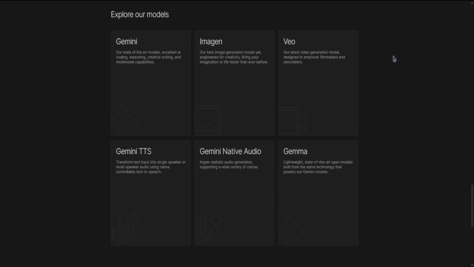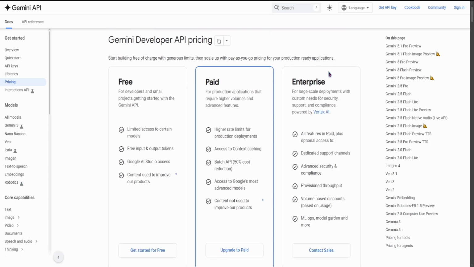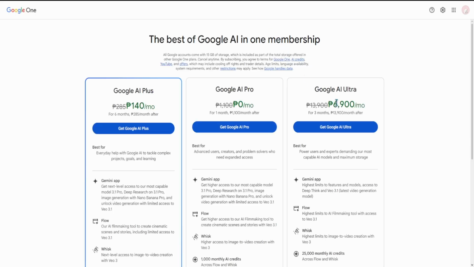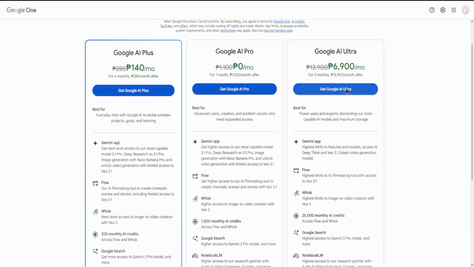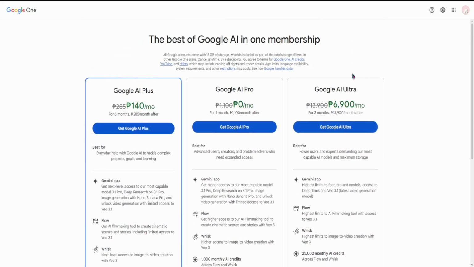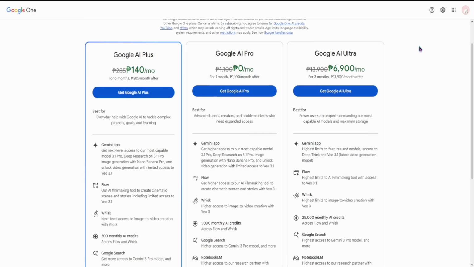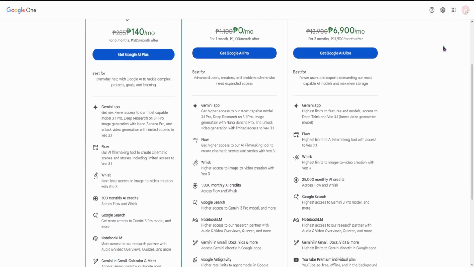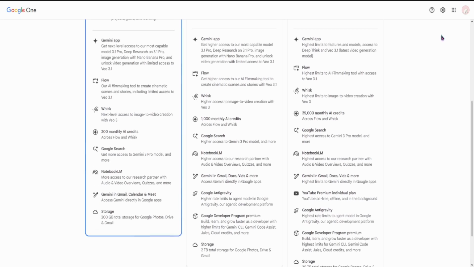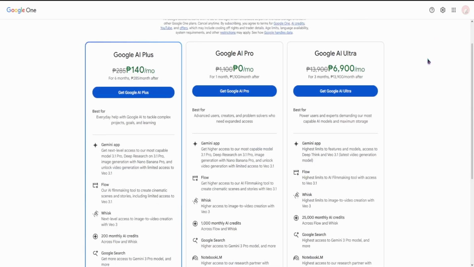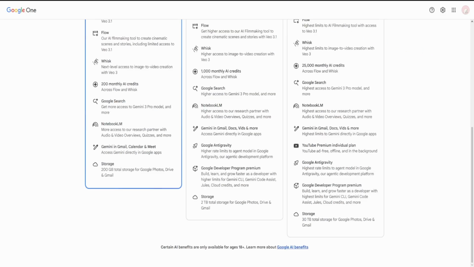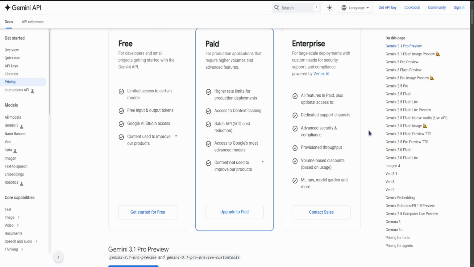Let us talk about numbers and value, because the 2026 pricing for Google AI is, well, it's a lot. Veo 3 is officially tiered to separate the hobbyists from the pros. There is a Google AI Pro plan for about $19.99 per month, which gives you access to Veo 3 Fast. Great for 720p drafts and social media clips. However, to get the 4K upscaling, 8-second clips and the watermark-free standard model, you are looking at the Google AI Ultra tier at